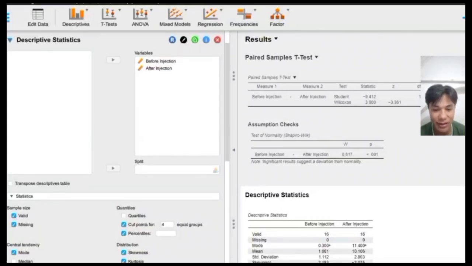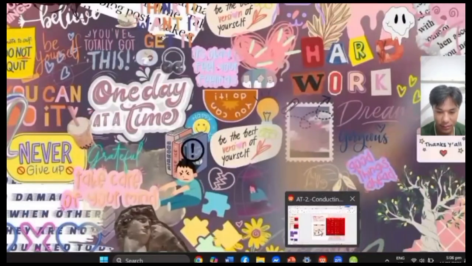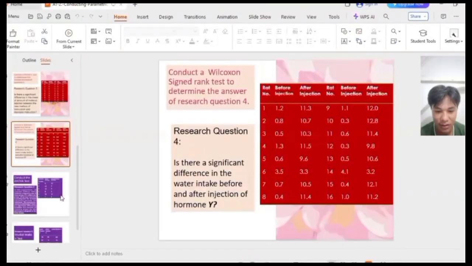Both are significant since the p-Tukey values, 0.004 and 0.016 respectively, are less than the significance value of 0.05, showing that there is a significant difference for both.